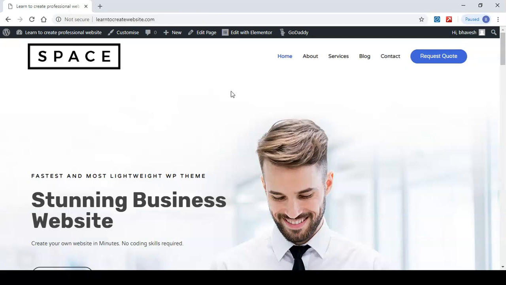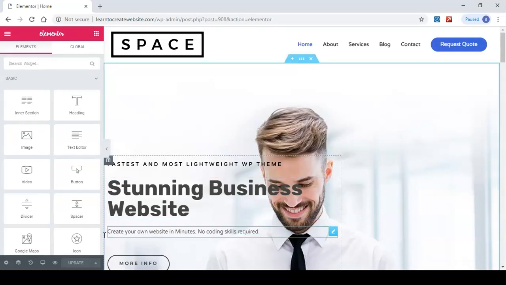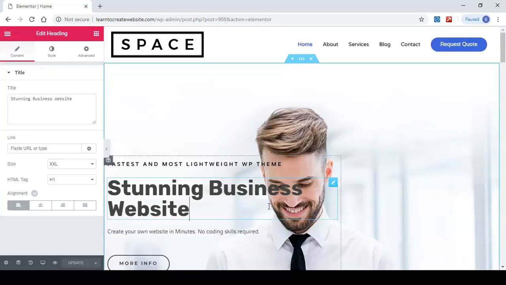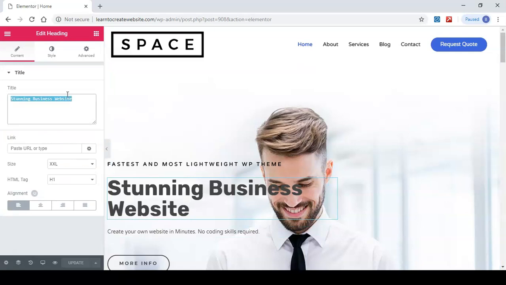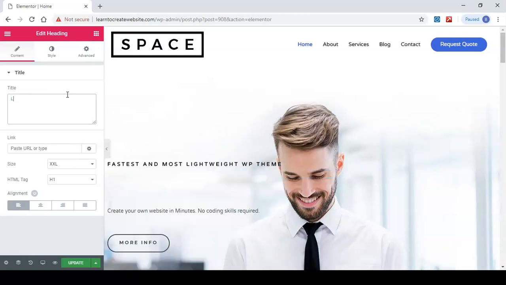Now let's say you want to edit the home page. You just simply click home and click on edit with Elementor. And now you will go into this editing section. So let's say you want to change the text here. You just select it and then start typing anything you want. So I am going to type learn to create